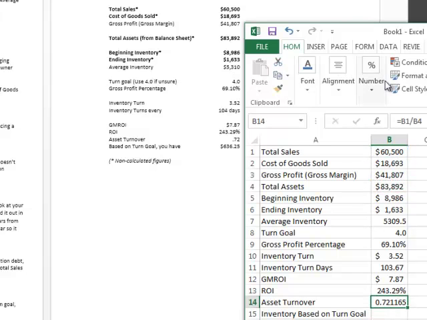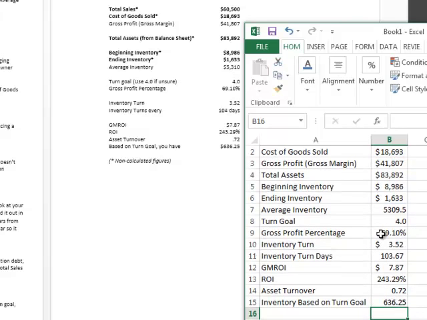And I'm going to remove some of the decimals here. There we go. On our last item, inventory based on turn goal lets us know if we have the right amount of inventory in stock based on where we want to be regarding our inventory turnover. So for this one, equals, open parentheses, average inventory minus, open parentheses, cost of goods sold, divided by turn goal. Make sure that you choose the goal, not your actual inventory turn. You want goal. And then you have two closing parentheses because you had two opening ones, and enter. And that takes us